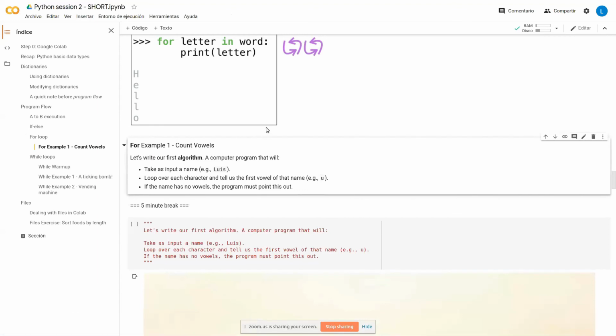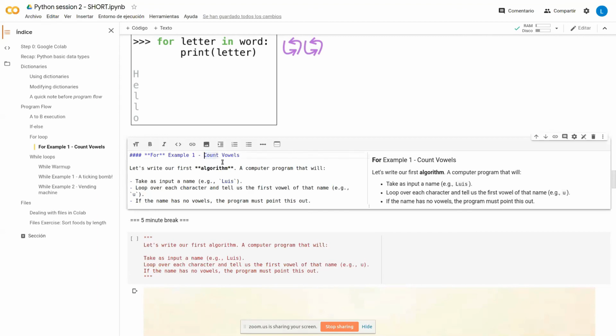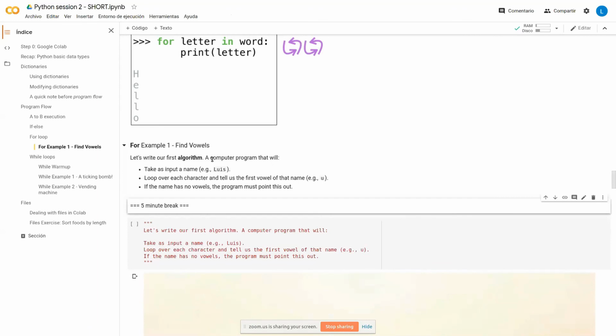And we have a small break because we're going to enter muddy waters. We're going to have a few exercises here with the while loop. So before that, we are going to take a 5-minute break. But just for you to know, we're going to write an algorithm, something that's a bit more complicated than what we've seen so far. Let's call it find vowels, because it's not that it's going to count vowels. What it's going to do is